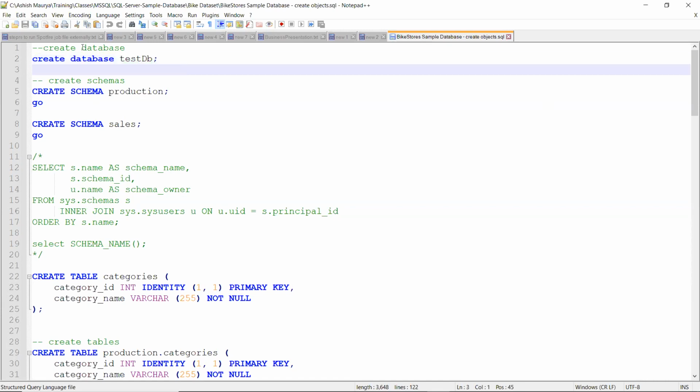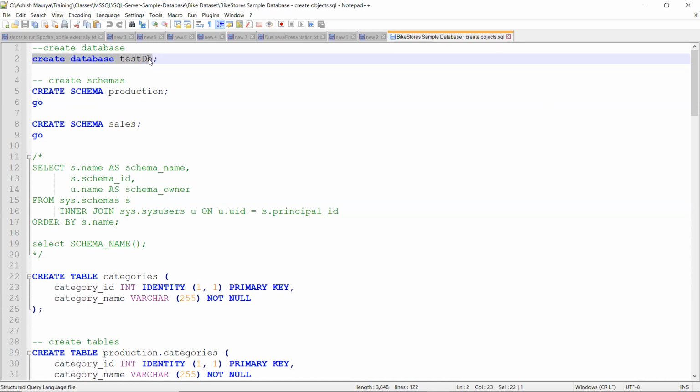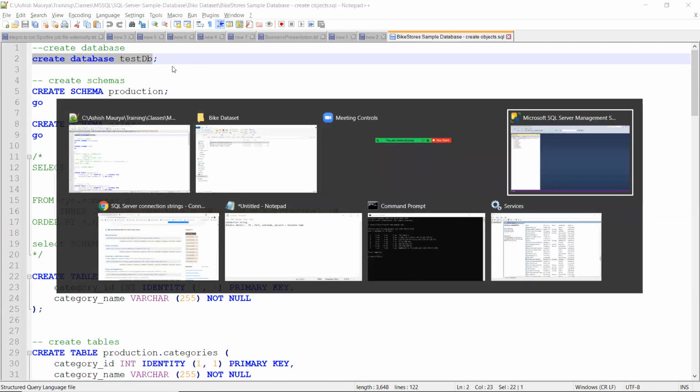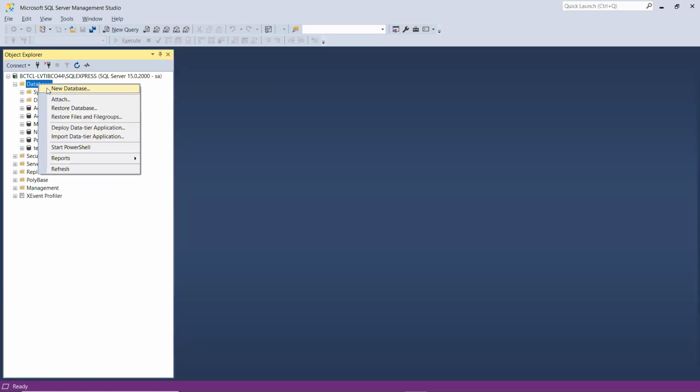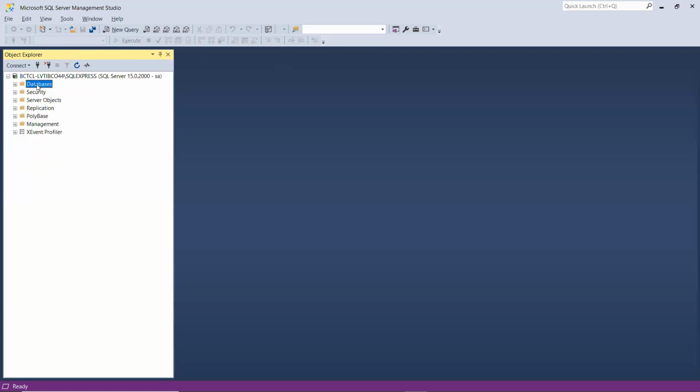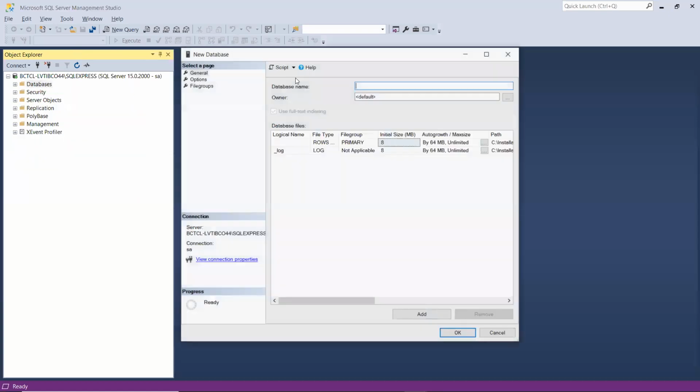Okay, so let's say I want to create a database. Before we start creating a database, let's understand something particular to MS SQL Server. Whenever you create a database, there are two ways. You can create it through New Database, from this UI. So let's say I want to create my database 01. What will happen is it will create a default database.